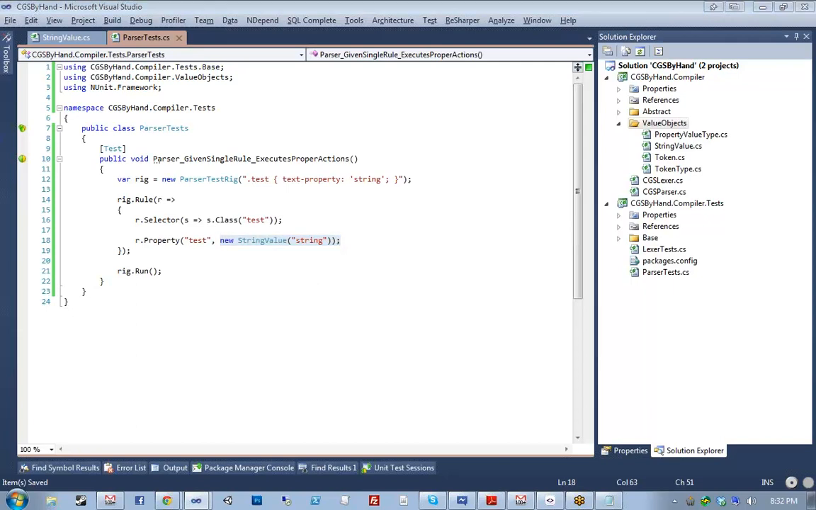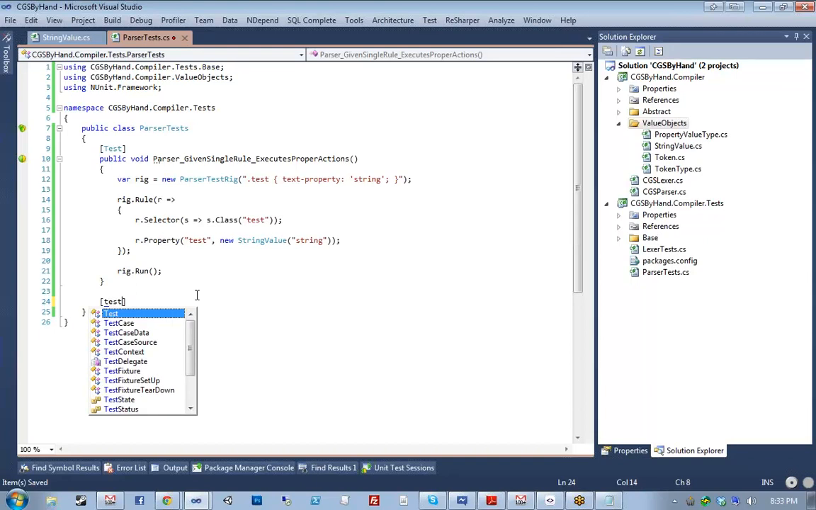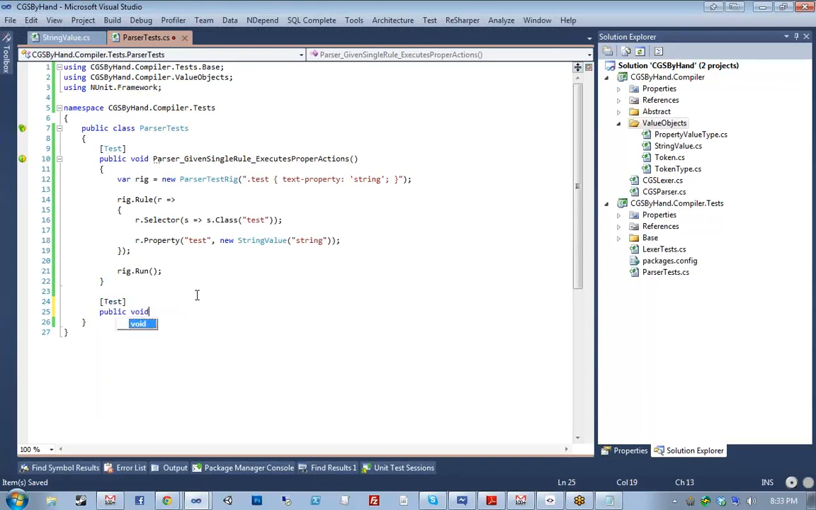So this is a cool little syntax that we can use to test a lot of different things in our system. So moving forward, I'm going to go ahead and write a few more. There are a few things that we want to test individually, like pseudo selectors. Parser given selector with pseudo